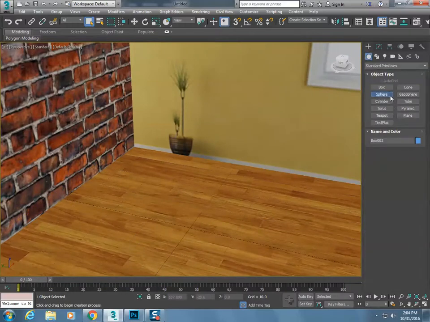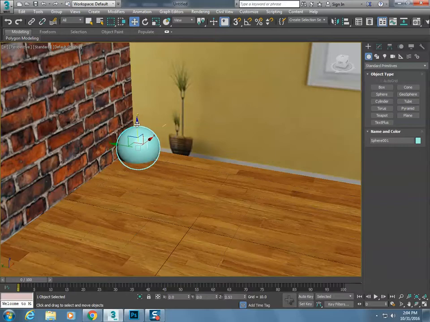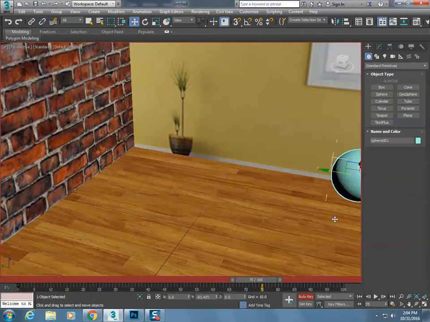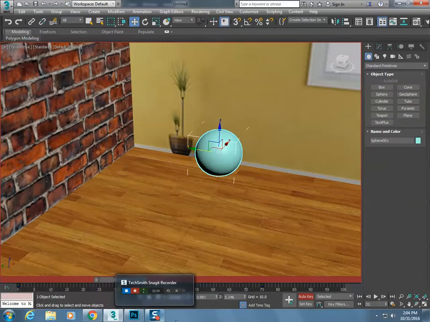So it doesn't have to be complicated. It could be as simple as inside of this room right here, you just create like a sphere, turn auto key on, let's set it over there. Let's go to like frame 75, move it over there, and just have a ball just kind of roll across the room. That would totally be fine. Okay, hopefully those directions are good. Let me know if you